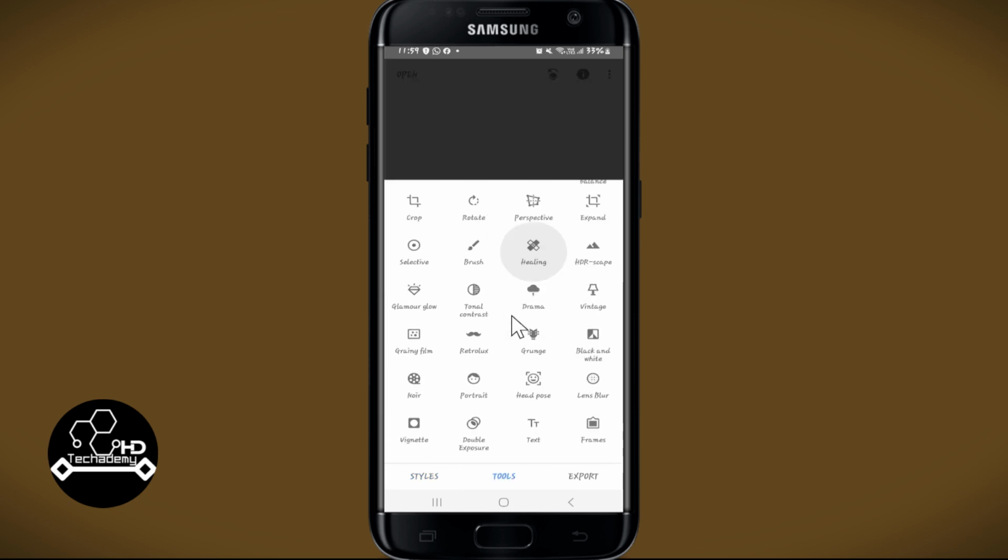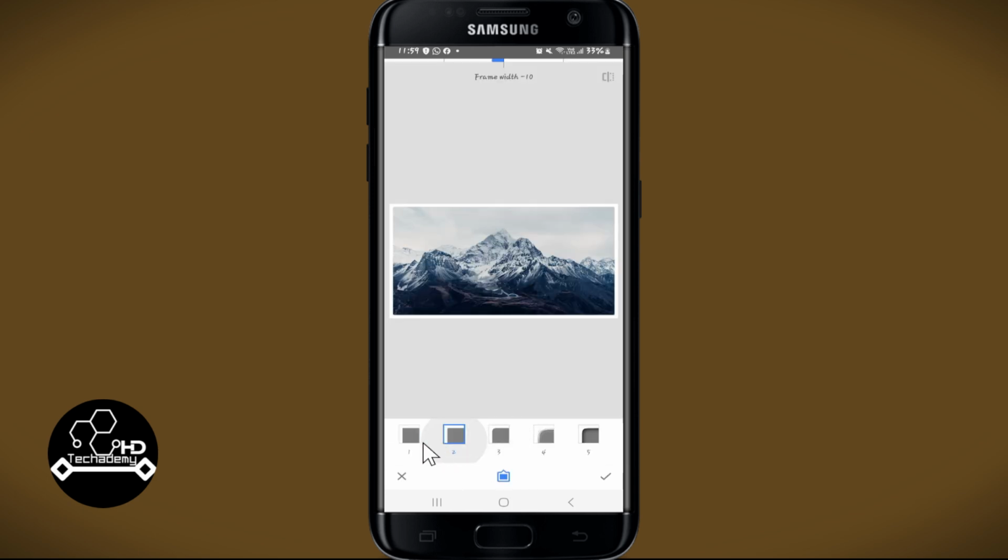Now, if you wish to add a border onto your image, just tap on the tools option and then scroll down and you will now see the frames button. Go ahead and tap on this and now you will see various different borders or frames that are available for your picture. You can tap on each one of these in order to see how it looks on your picture,